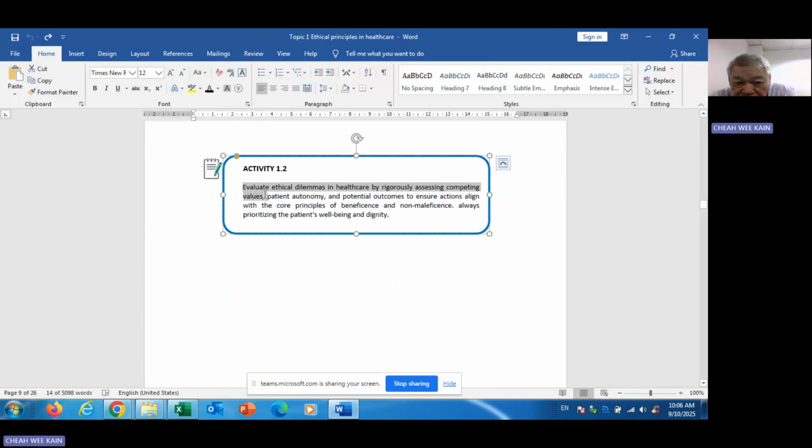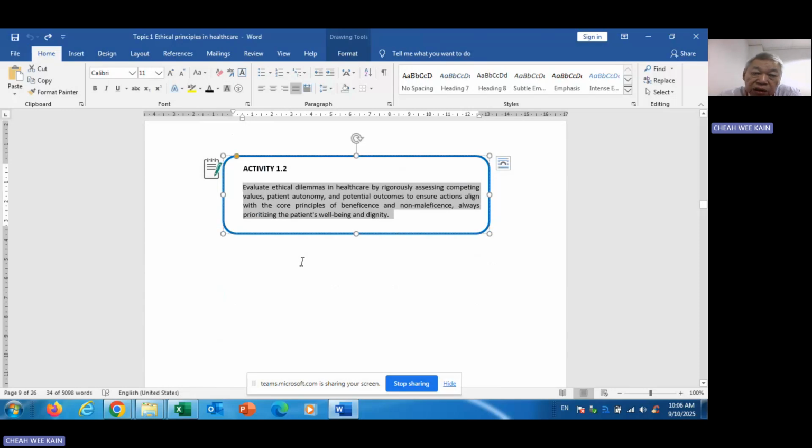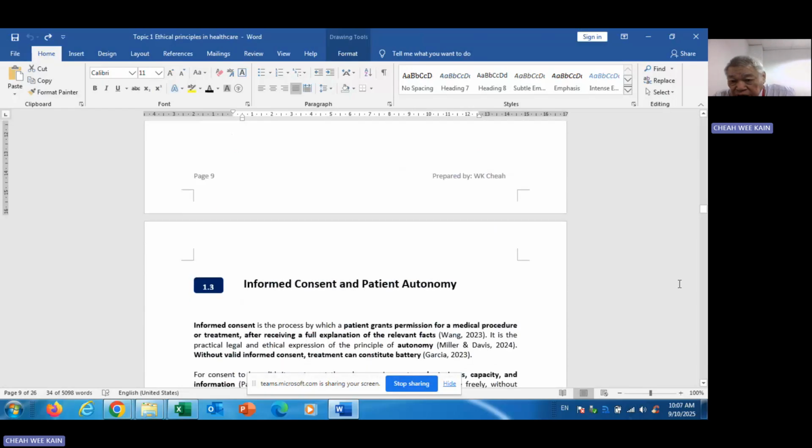Evaluate ethical dilemmas in healthcare by rigorously assessing competing values, violations of autonomy, and potential outcomes, to ensure actions by the medical practitioner align with the core principles of beneficence and non-maleficence, always prioritizing the patient's well-being and dignity. So what I want to do is reflect on what we have learned so far in topic 1 and 2. Now we go to the third one,